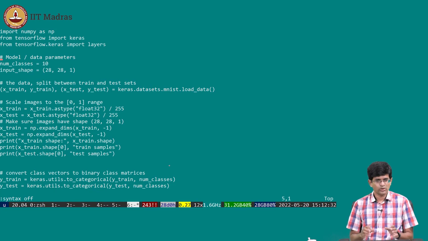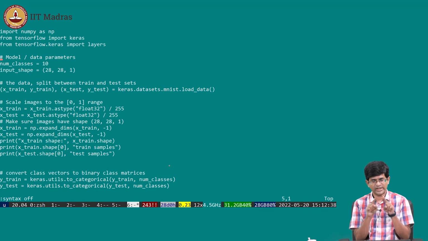The idea is you have a number of small images. Each image is 28 pixels by 28 pixels, a small grayscale image, which is a scan of a number that somebody has written within a box.